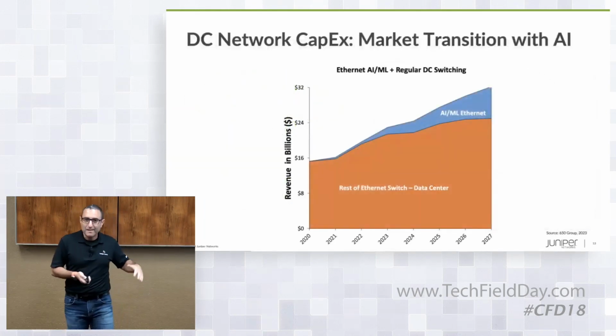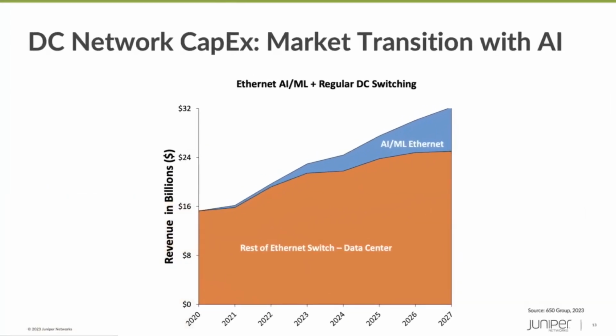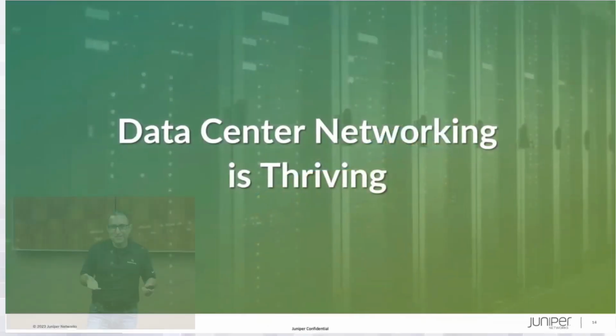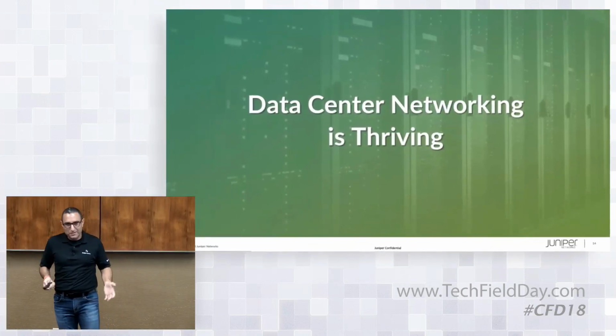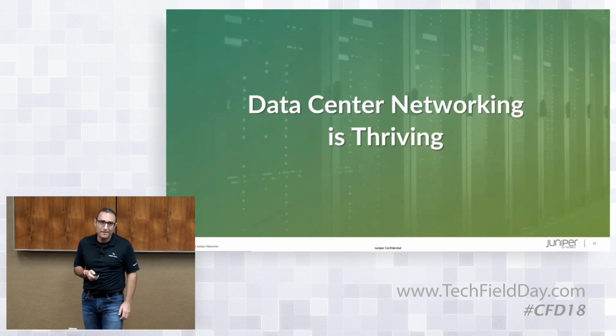And if you look at it, then the data center traffic or the number of data center devices, whichever way you want to measure it, essentially is just growing and growing through every one of these inflection points. And you can see here how AI ML is driving this new traffic growth within the data center. And so at the end, my message is data center networking is thriving. It continues to be relevant. It continues to be core and critical to everything we do.